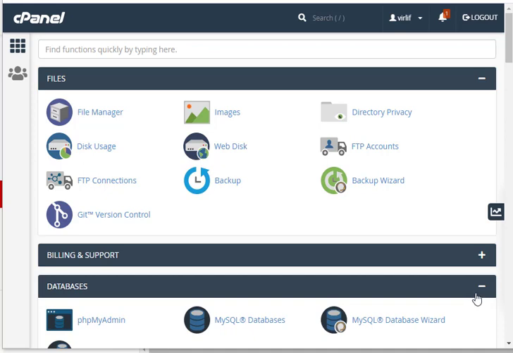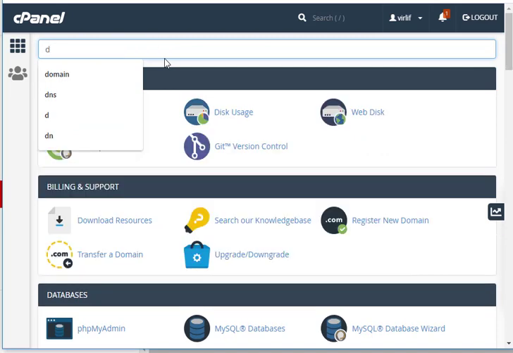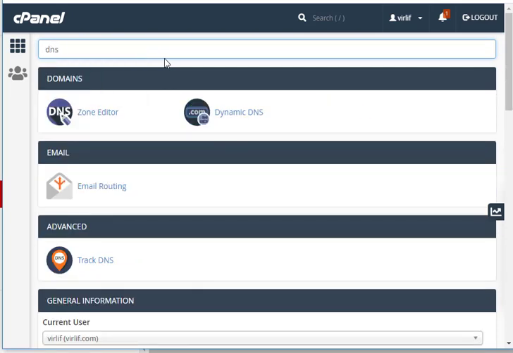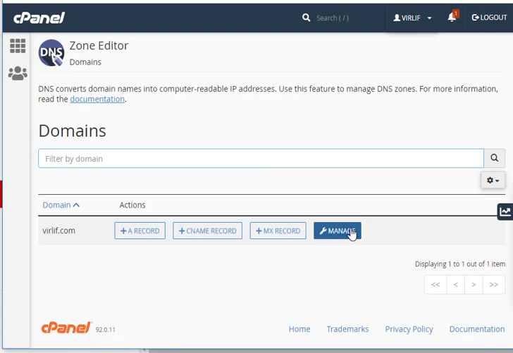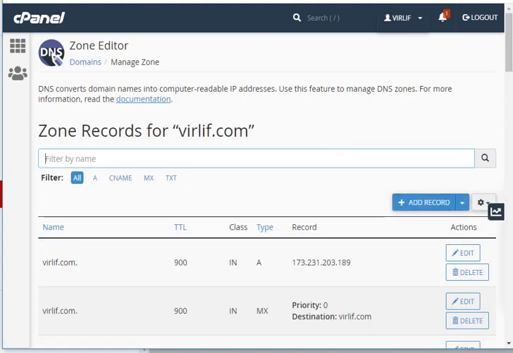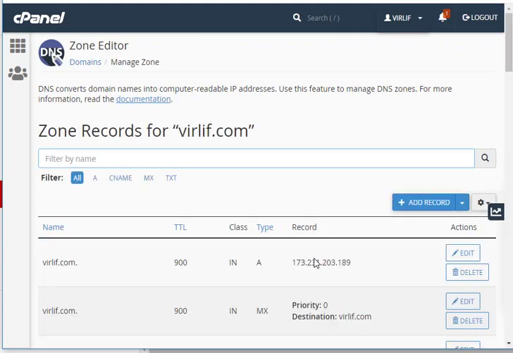To do that, you have to go to your cPanel first, and in the search box, you have to type the keyword DNS. If you type DNS, then it shows two things. One is Zone Editor, and there is Dynamic DNS. You just go for Zone Editor. For mail transporting, inside the Zone Editor, you will get the domain list in your cPanel. If I want to add G Suite for my verlib.com, I'm clicking on manage